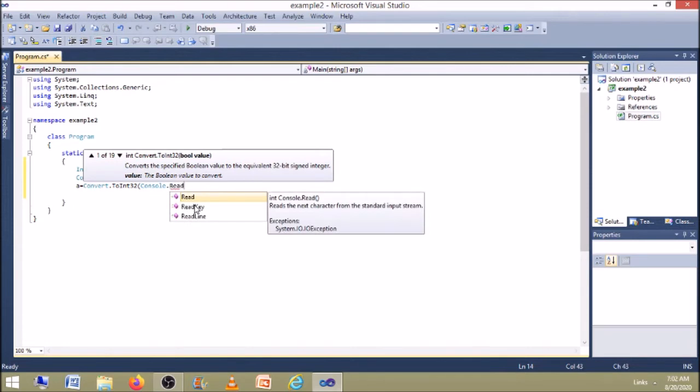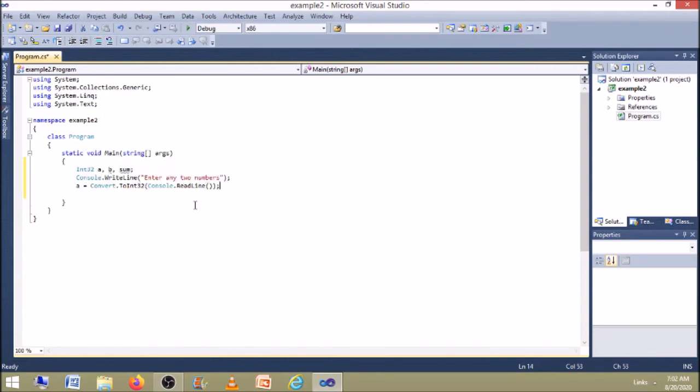Instead of Write, here we have to give ReadLine. It should have the function symbol, close bracket, and semicolon.